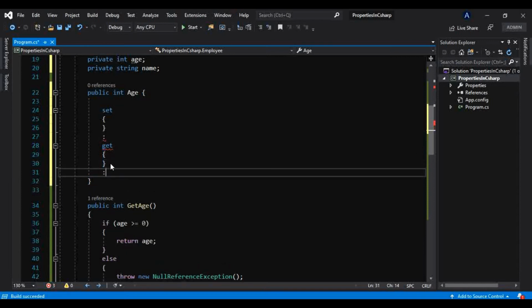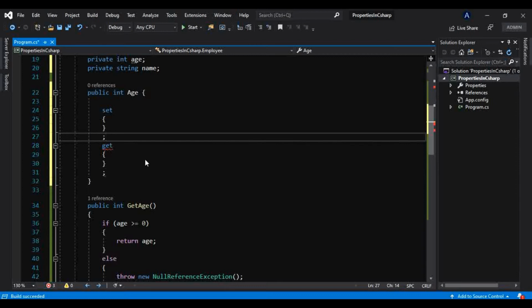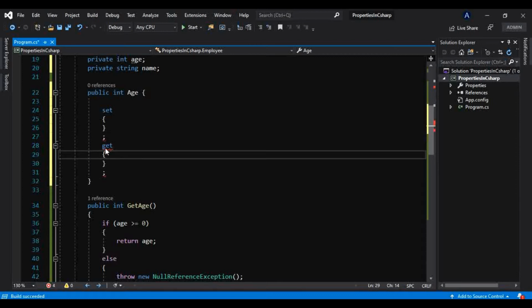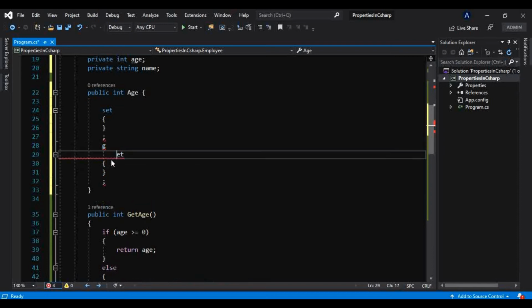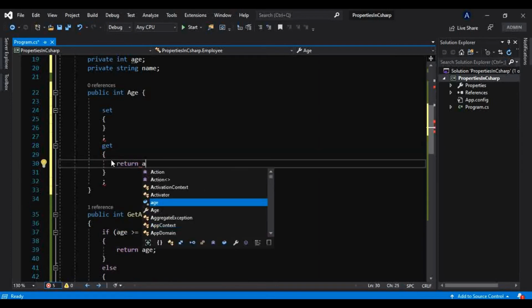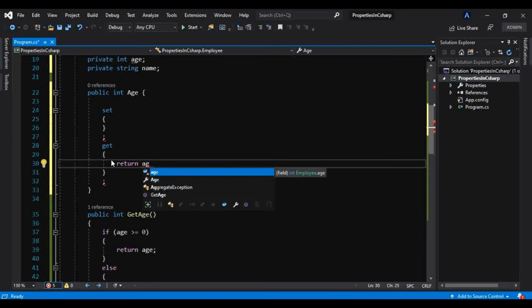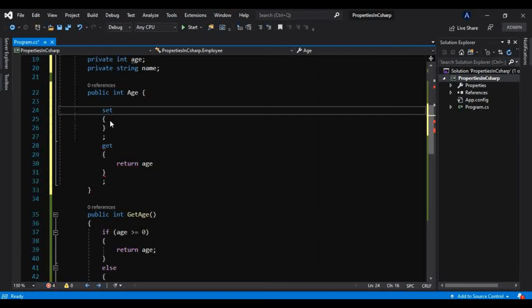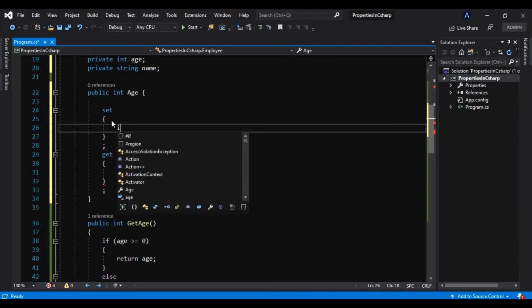And we know why it is giving an error, because not all code paths return a value, so we have to return age here, like this, return age. But let me first have some condition inside this set accessor.